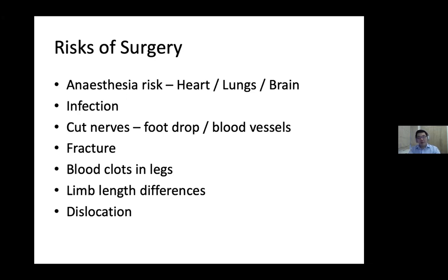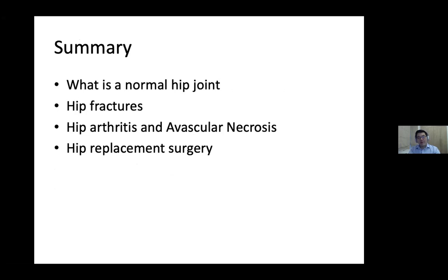Yeah, so I think that's it for my talk. In summary, what I've gone through is what a normal hip joint is, the concept of hip fractures, why and how it occurs, what the treatment options of hip fractures are, and also how to prevent it briefly, the ideas of hip arthritis and the idea of bone death itself, and what specific things can cause it. So these are things to avoid. For example, the excessive use of steroids, being very careful of what sort of TCM, jamu, or Thai medication one is taking,